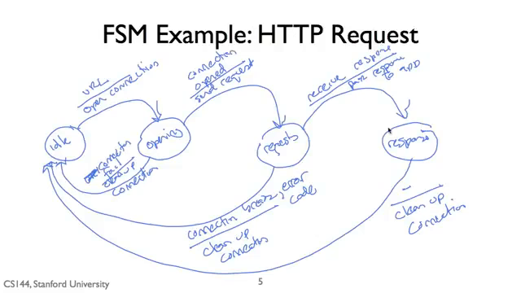So if we go back to this HTTP request, one of the things I didn't consider is what happens if you open a connection, the connection's been opened, and we get a response before we send a request, or what happens if the response is an invalid response? Here's a possible bug in my finite state machine. Here I just say receive response. I don't say receive correct response. Something I might do is actually say correct